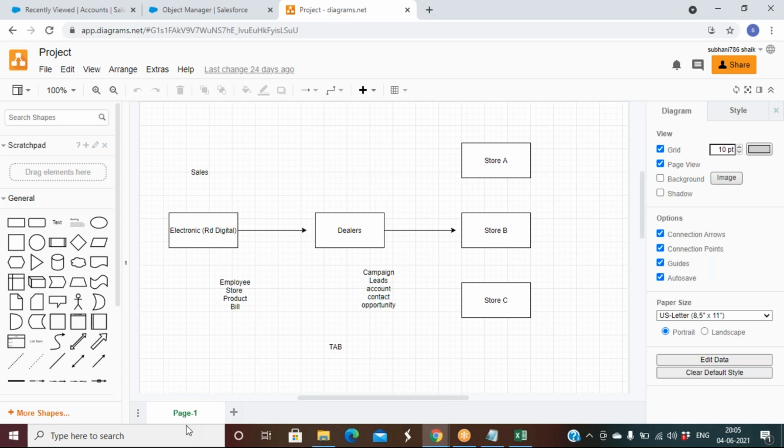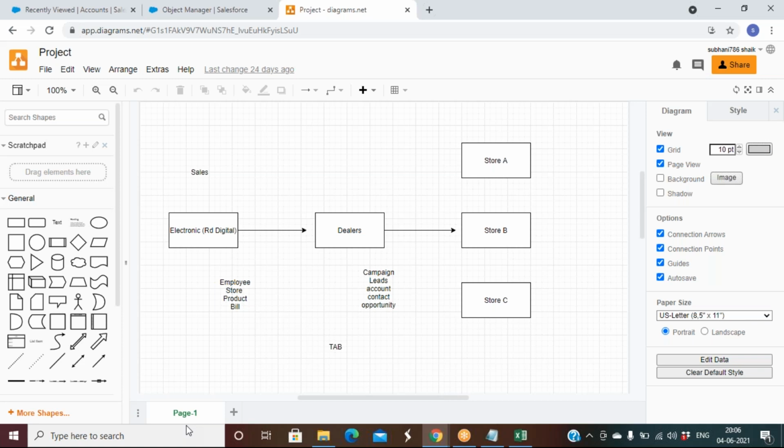What do you mean by ready-made? Boss, everything is available with you, along with the objects, along with the fields, everything is available. If you want to use it without any changes, you are welcome, you can use it. If you want changes, it is going to be custom. Okay, so in the custom, two things.